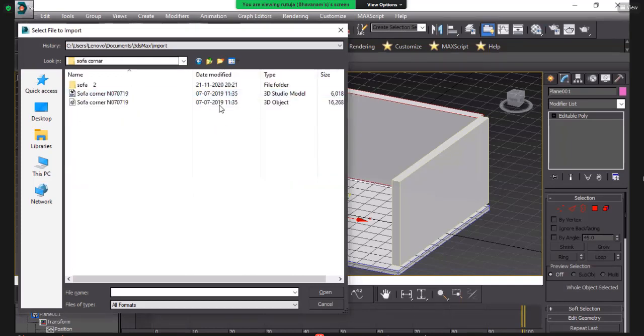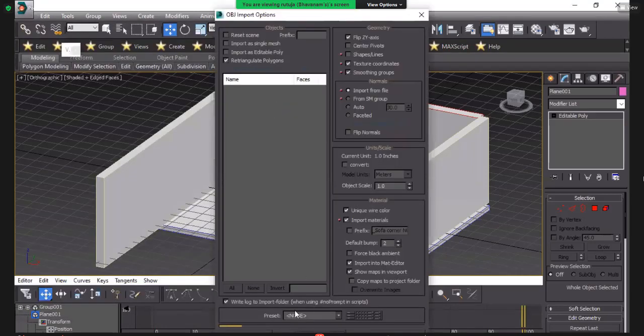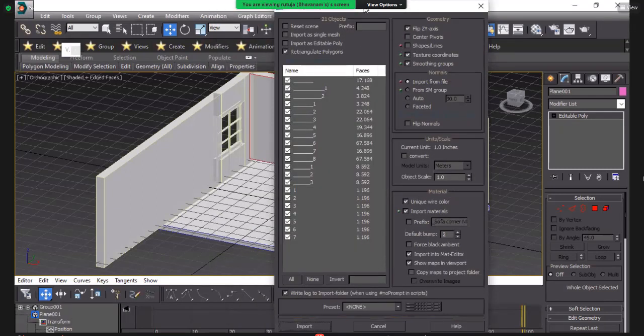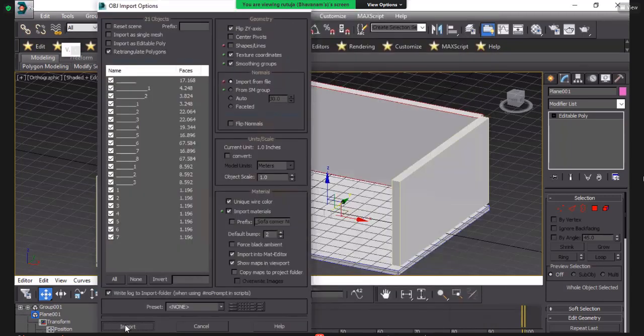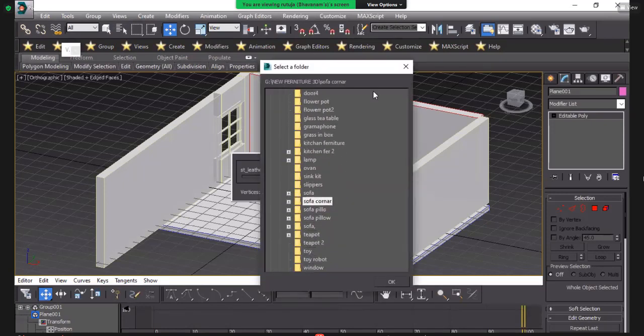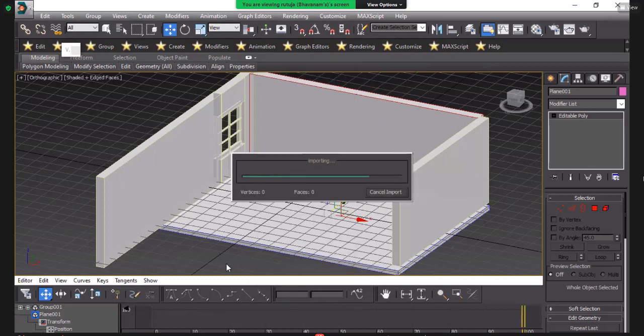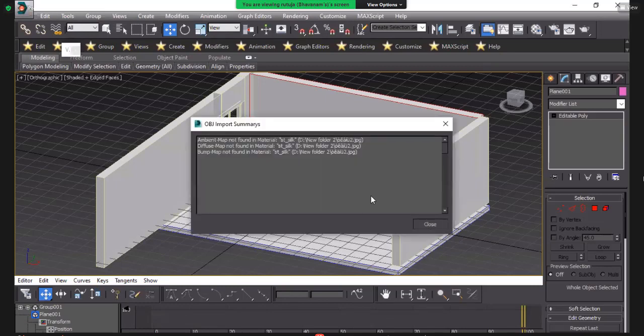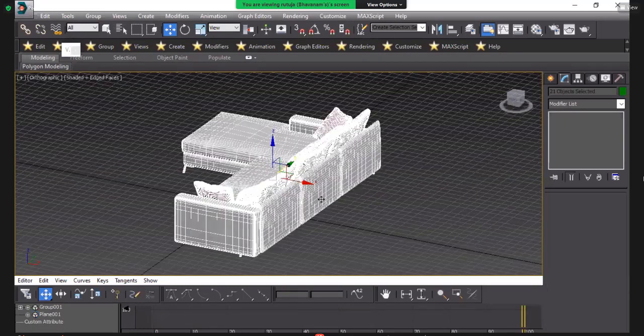So if you have found your 3D object, double tap on it and import. Press do not send me again and click on OK, and your furniture will be loaded here. Say close and type OK.